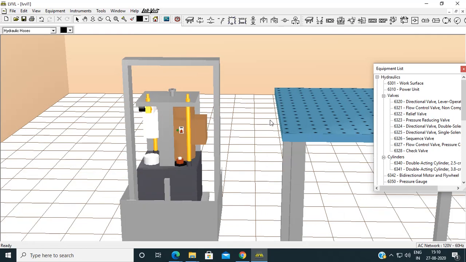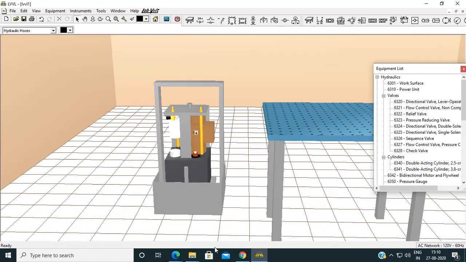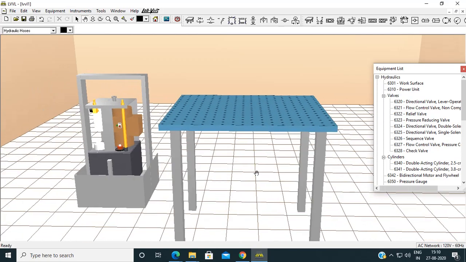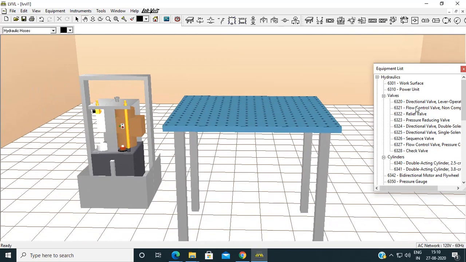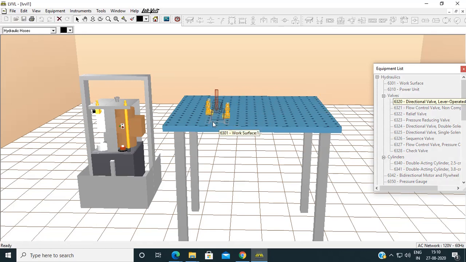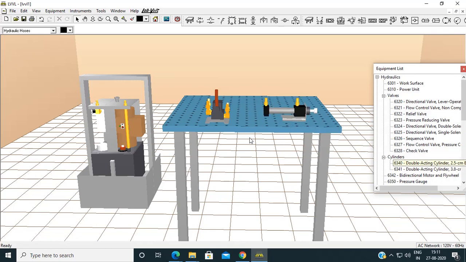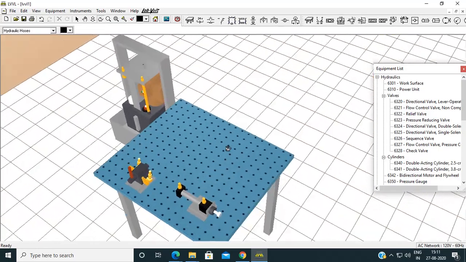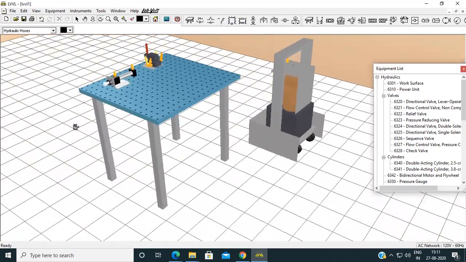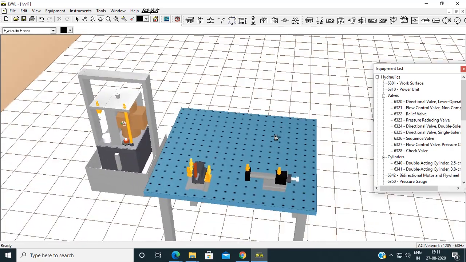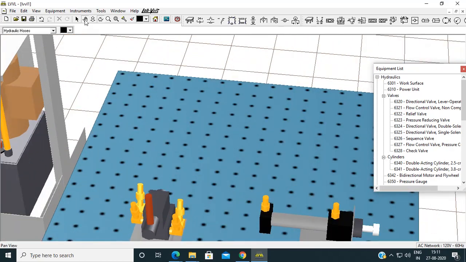Okay. Now the next thing we require is the actuator and direction control valves. We will take the direction control valve as a lever operated direction control valve. I have just placed it here, and the double acting cylinder with bore I have placed here. Now I want to see it from different angles, so I take the camera view and zoom on it.